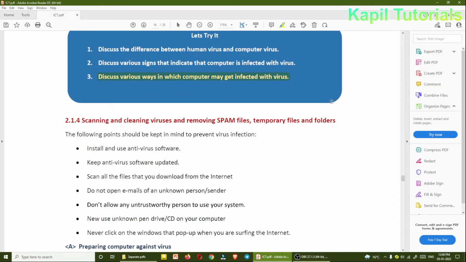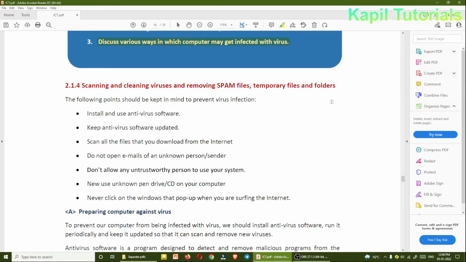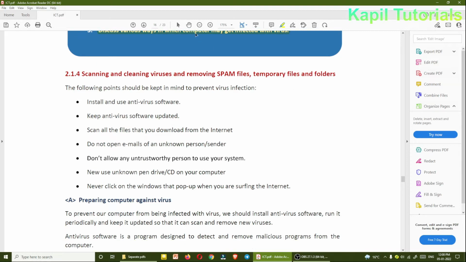Now the next topic: scanning and cleaning viruses and removing spam files, temporary files and folders. So from here we will start. First of all, scanning and cleaning viruses. See, as I have told you, viruses are destructive programs. And what are spam files?